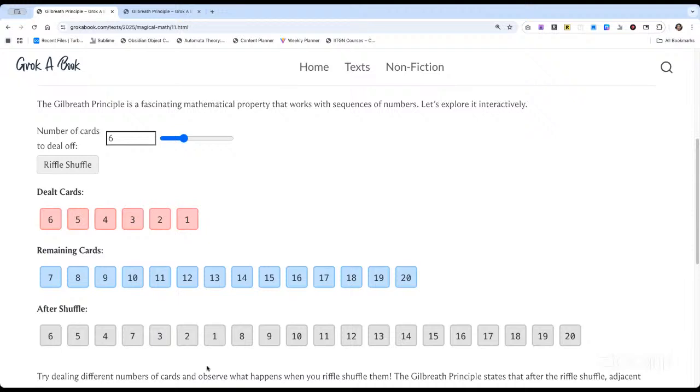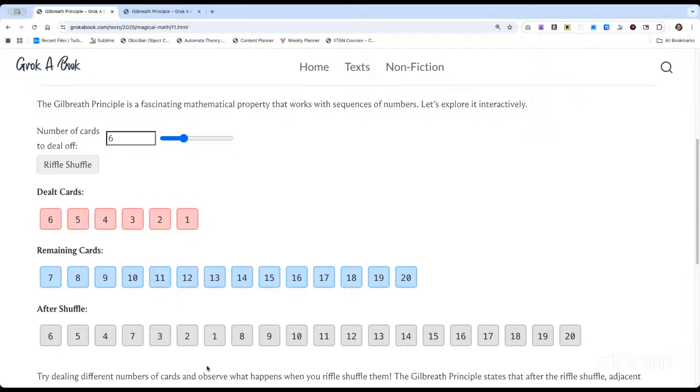And like I mentioned in passing earlier, De Bruijn shows up. They talk about a slightly different setting where you take 2 decks of equal size, and let's say one is alternating spades and diamonds, the other is alternating clubs and hearts, and then you riffle these in. So you have 26 cards on either side and you riffle these in. Since it's a special case of a Gilbreath shuffle, it of course has the nice Gilbreath